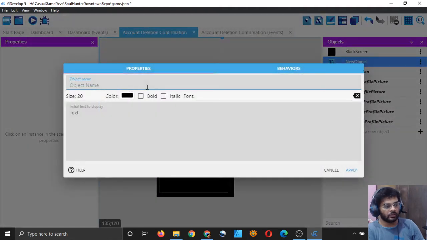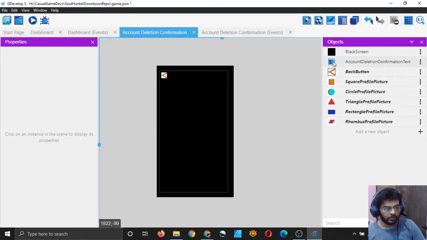First of all, it will be account deletion confirmation text, and it will be 40 in size, and it can be bold, and it will be orange in color, and the text should be, are you sure that you want to delete your account, right? So apply and bring it here.